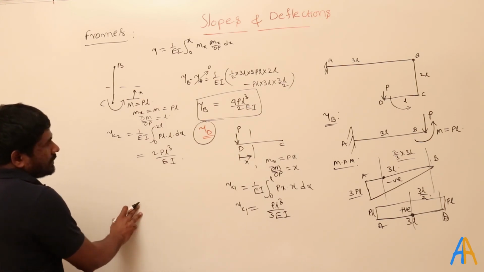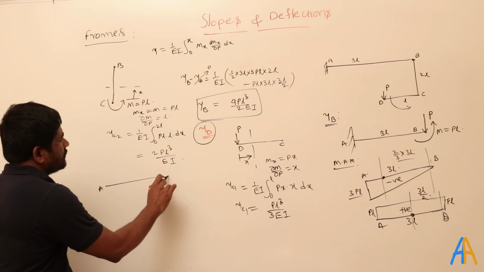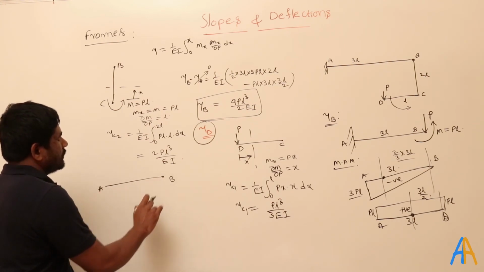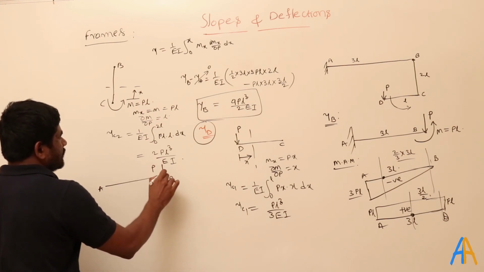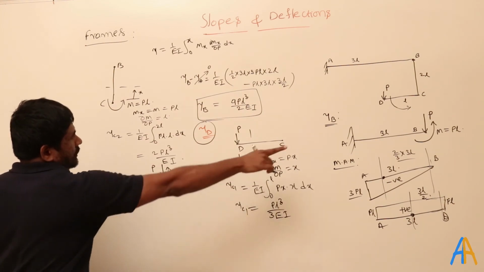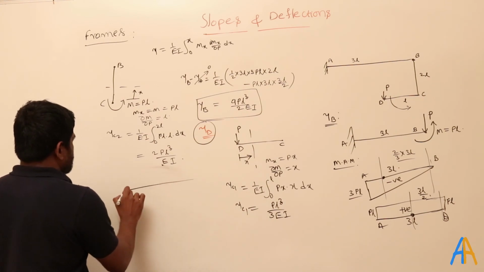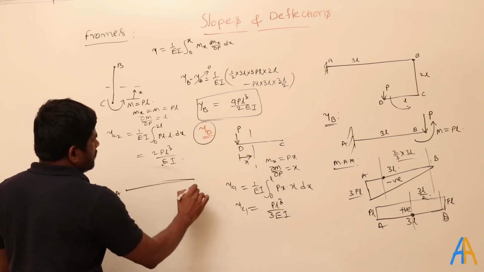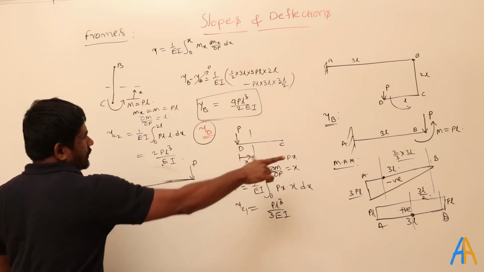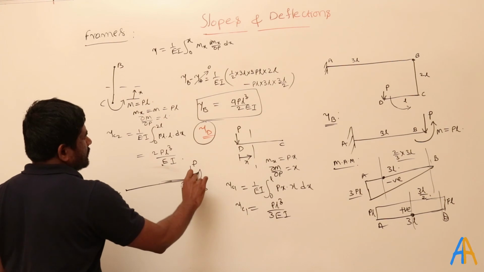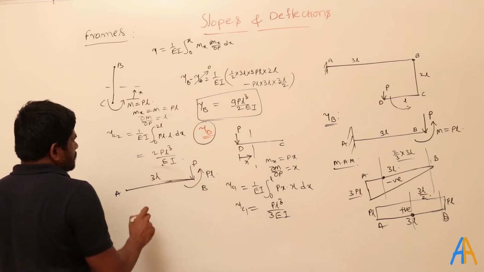And then if I take the last section, this is the A and this is the B. At B, what are the forces that are acting? One P is acting like this and then there is a moment acting like this. I will draw here, otherwise it is mixing with this. This is the A and this is the B. At B, one P is acting like this, and then M is acting like this. How much value? P into L. The total length is 3L.